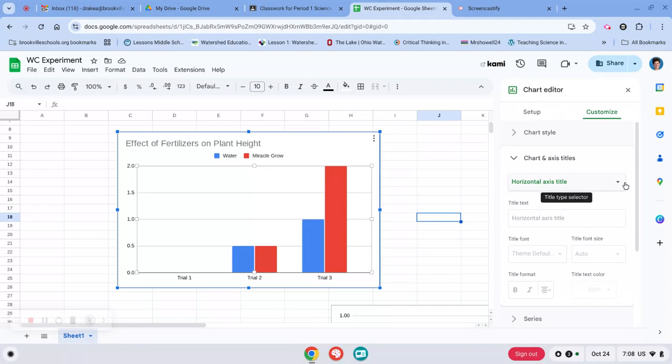That first drop-down box, mine says horizontal because that's the last thing I used. I'm going to click that arrow, and I want to click on vertical. And then I'm going to go to the box below it that says text, and I have to figure out what to type. So these bars that are 0.5, 0.5 in trial 2 and 1 and 2 in trial 3,